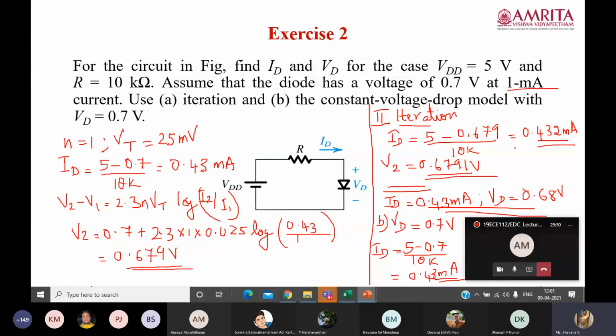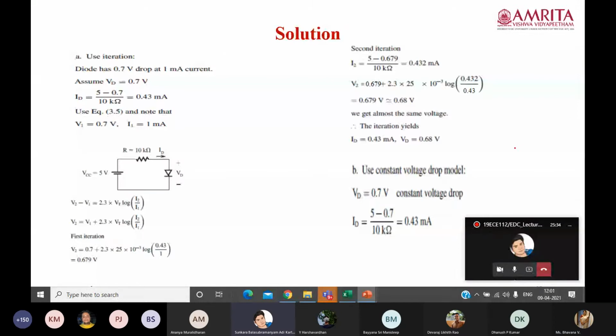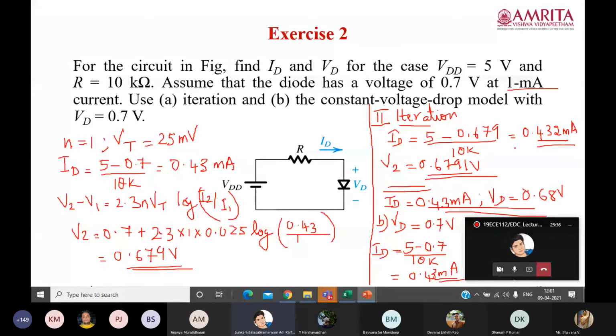So clear for you, this numerical? Yes. Ma'am, for examination purposes, if they ask these types of questions, is it necessary to write the calculations, or can we directly calculate on the calculator and put the answer? No, a very good question. If you write the answer directly, the teacher's impression is that it is a copied one. You have to show the formula and the calculation. All the steps have to be there in the paper.